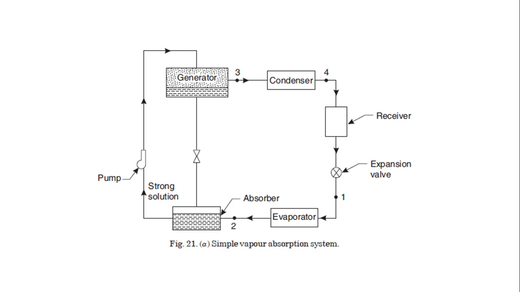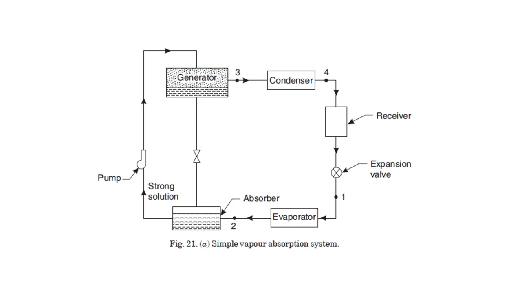It consists of an evaporator and then an absorber, through which the refrigerant is pumped to the generator and then to the condenser and receiver. This is the cyclic process. The evaporator is the area where the cooling is provided, whereas the absorber is the area where the ammonia and water solution is present. The strong solution of ammonia is pumped to the generator, where heat is applied, which converts the liquid ammonia solution into a gaseous one. This gas is passed to the condenser.